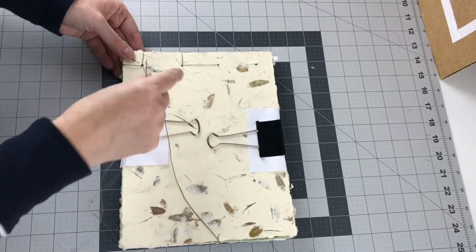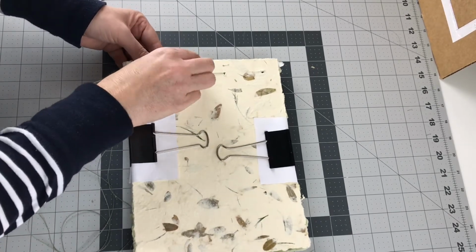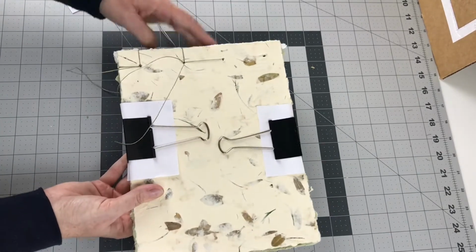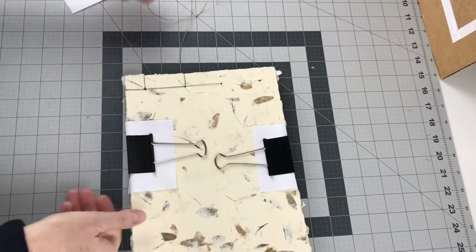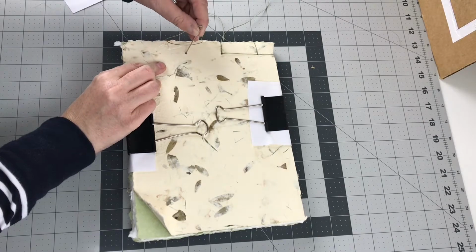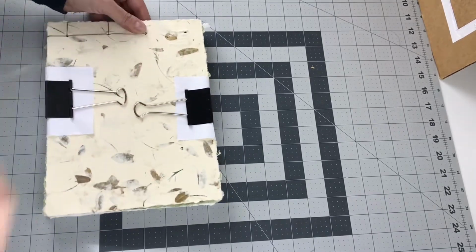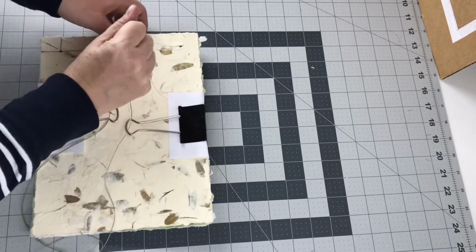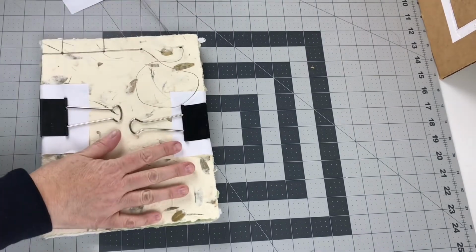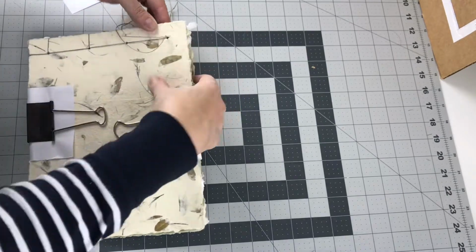Straighten and tighten. You're on the front of the book. You're going to come down through hole number 3, wiggle the needle to get it through, pull it out from the back. You're on hole number 3. You're going to come up hole number 2 from back to front. Now you may think that at this stage we should wrap the spine, but we're not going to do that. That's going to be the very last stitch we do. We're going to go up to hole number 1 from front to back. We're going to wrap the spine and go through hole number 1 front to back,